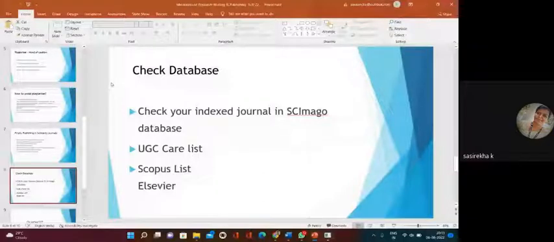In the same way, nowadays for Indian researchers, UGC recommends a CARE list that would also be available in the database. But don't rely on it blindly, because sometimes even a journal that was in the UGC CARE list when we published has since been removed. So first-hand experience is always the best as far as getting your paper published in high impact journals. You go, you check, you identify, you strive, and you get it published. You enjoy the satisfaction of publishing your paper in a high impact journal through your own effort, not through paid agencies, not through any paid